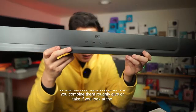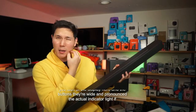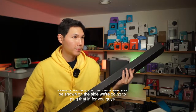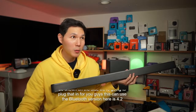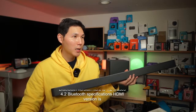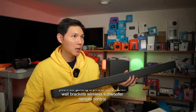If you look at the display here and the buttons, they're wide and pronounced. The actual indicator light, if you're wondering, am I actually doing anything, that's going to be shown on the side. We're going to plug that in for you guys. The Bluetooth version here is 4.2. Looking at video specifications, HDMI version is 1.4. Inside the box, you'll be getting a power cord, HDMI, wall brackets, wireless subwoofer, remote control, and